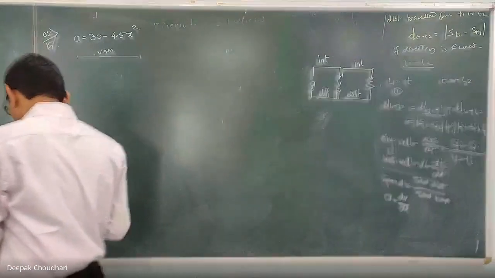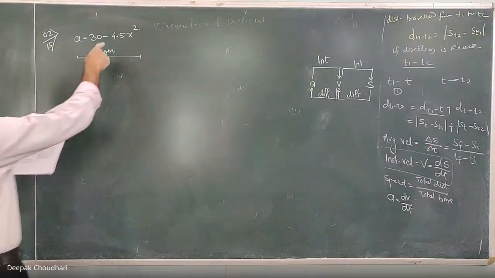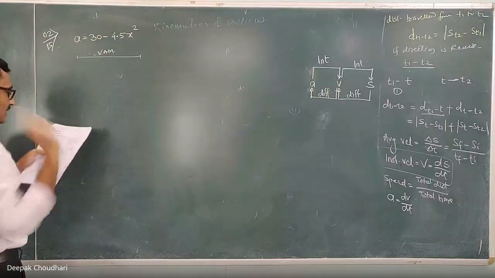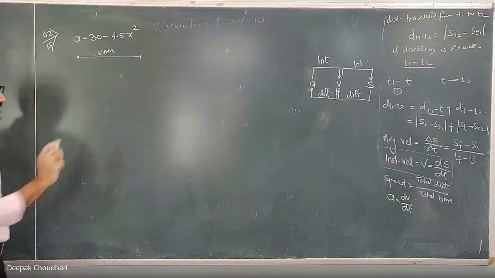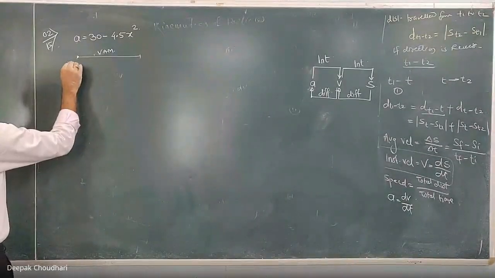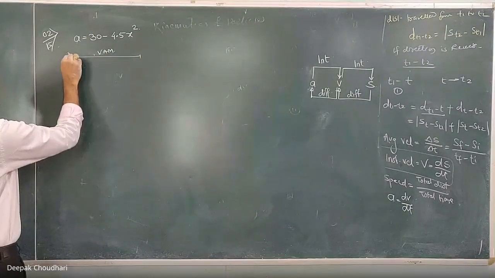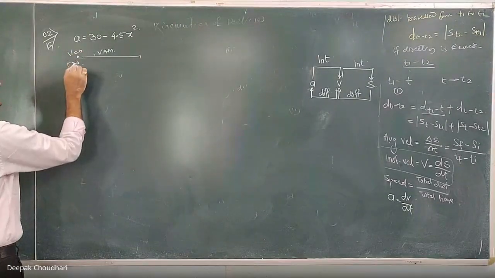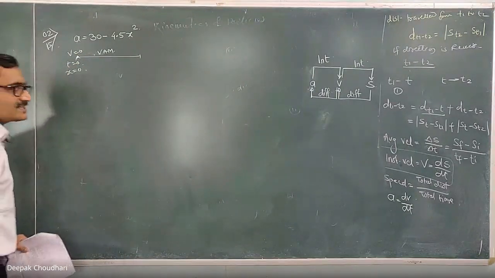Okay, then what is given? Next, it is given that this particle starts with zero initial velocity at x equal to 0. Listen, in the question, whenever it is given that at start, it means that at t equal to 0. Now it is given that it starts from rest. That means at t equal to 0, v equal to 0. And when it starts, displacement equal to 0, meaning it starts from the origin.